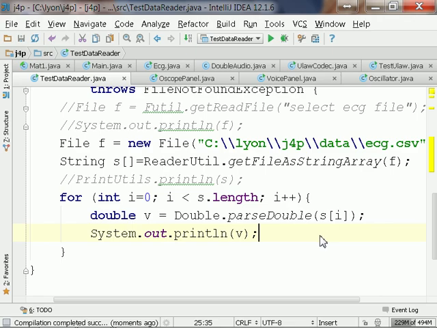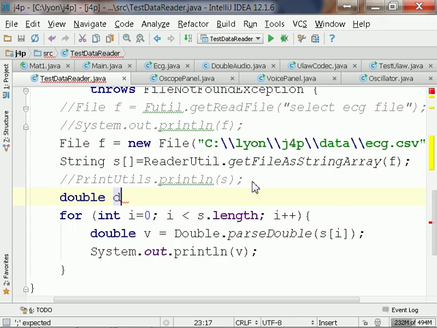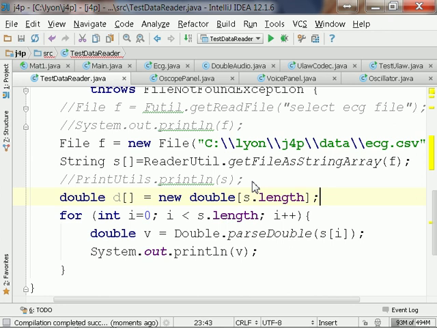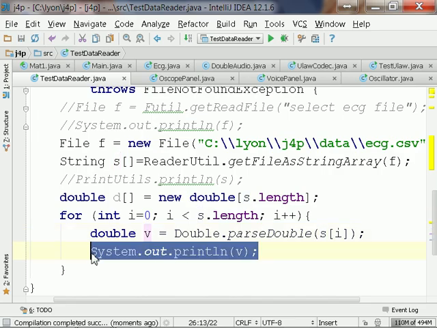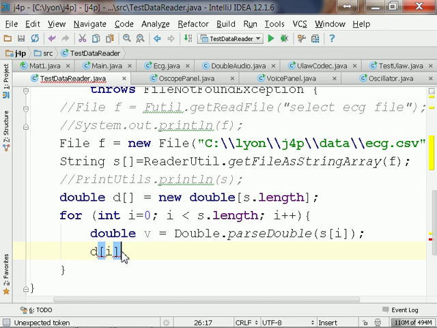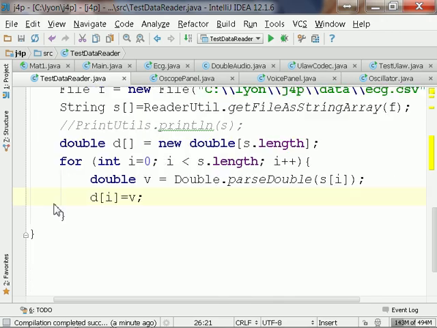So now I've got no problem making an array of double. Double D array equals new double of s dot length in size, and now maybe D of I equals V. How's that? So now I got an array of double. So in theory,